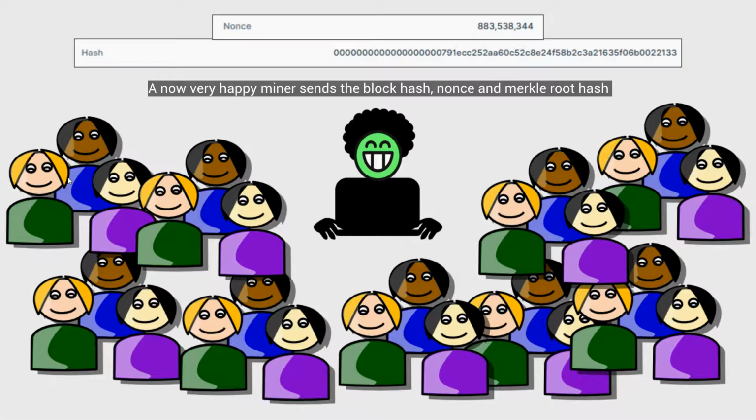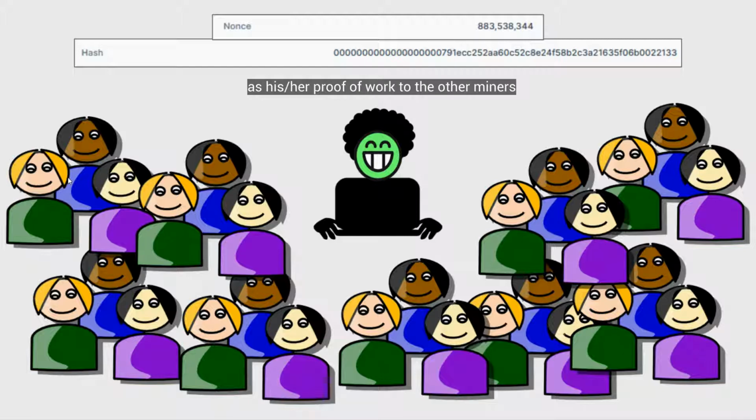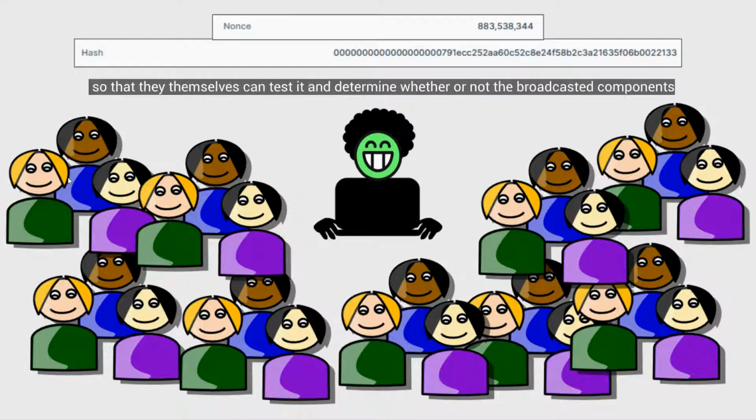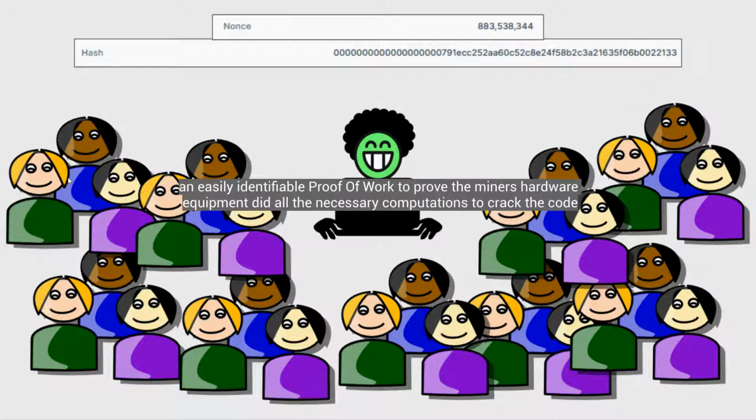A now very happy miner sends the block hash and nonce as his or her proof of work to the other miners so they themselves can test it and determine whether or not the broadcasted nonce results in the broadcasted hash and that the hash meets the target requirement of leading zeros. An easily identifiable proof of work to prove that the miner's hardware equipment did all the necessary computations to crack